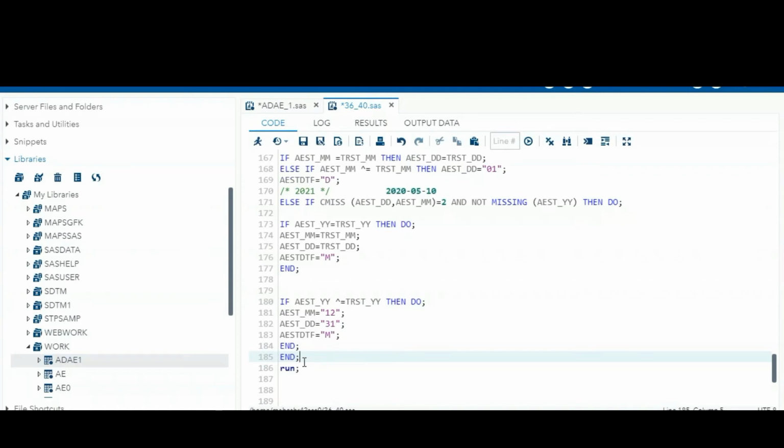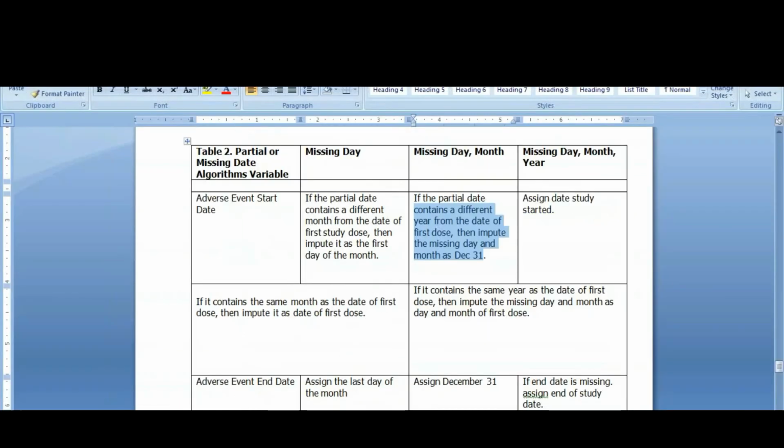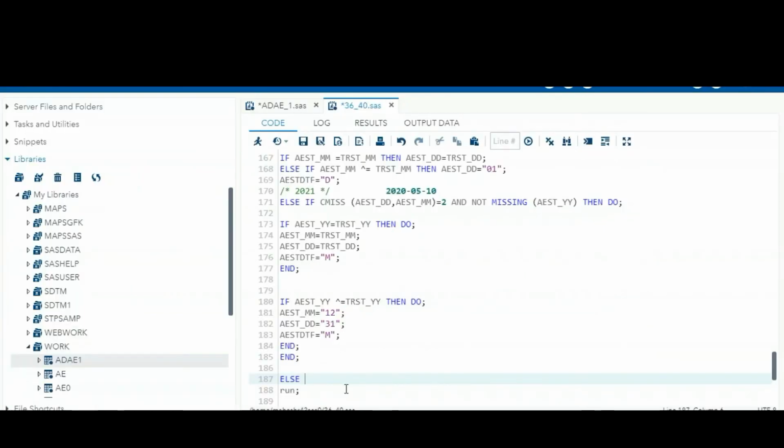This is the next scenario. The next scenario is if the complete date is missing. So there is no year part, there is no month part, there is no day part. So directly assign the date of study start. When the study started, directly you can replace.